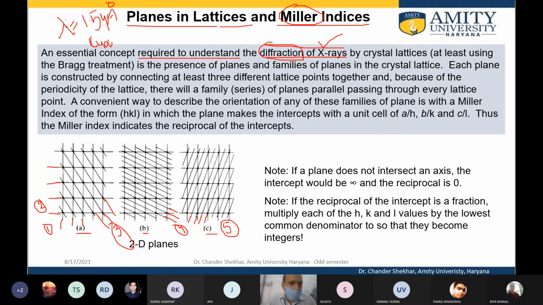The wavelength of copper alpha, the X radiation generated from the copper target, is 1.54 angstroms, and this is of the same order as the interplanar spacing in the crystals. So if, suppose, this is the interplanar spacing d, so d, the interplanar spacing, is of the same order